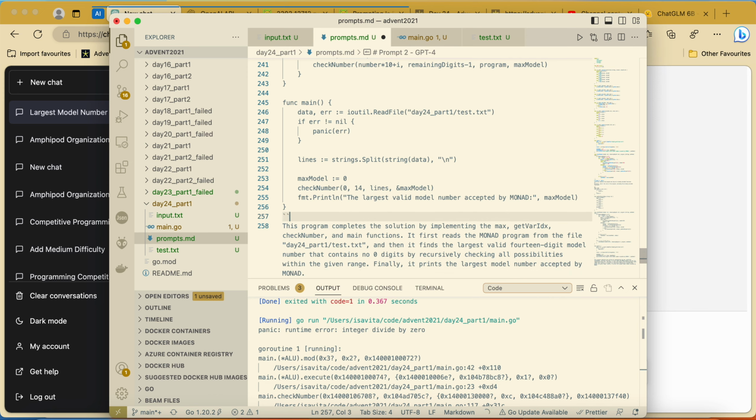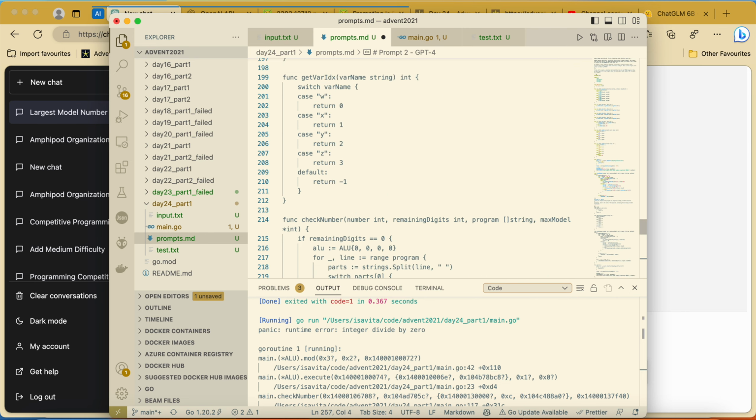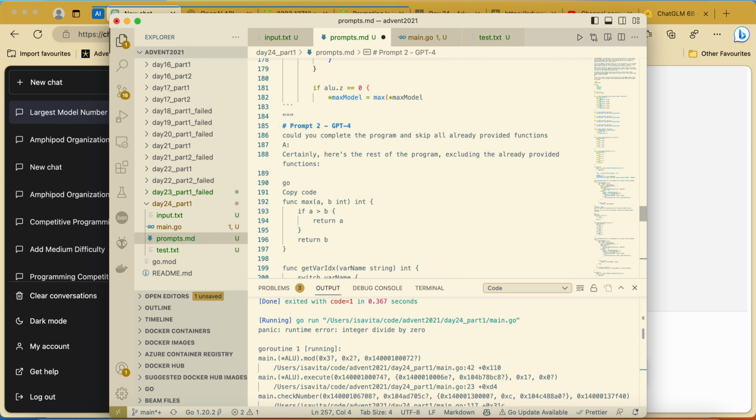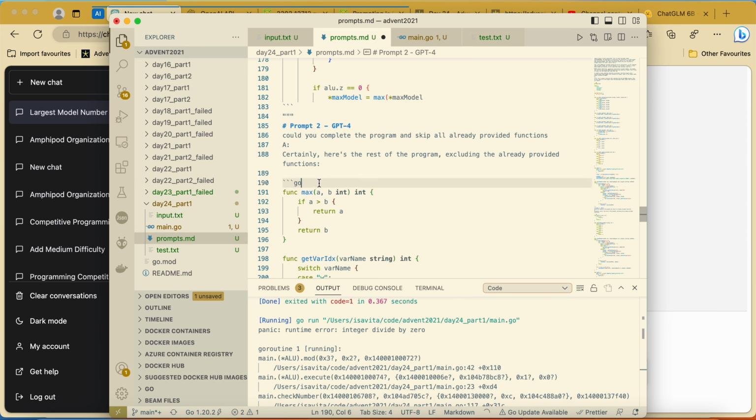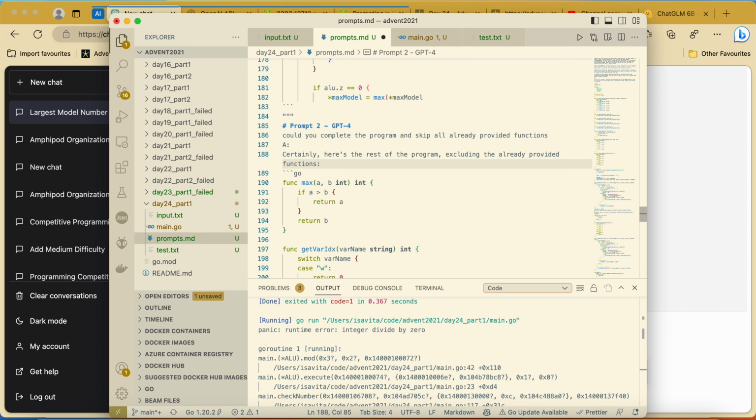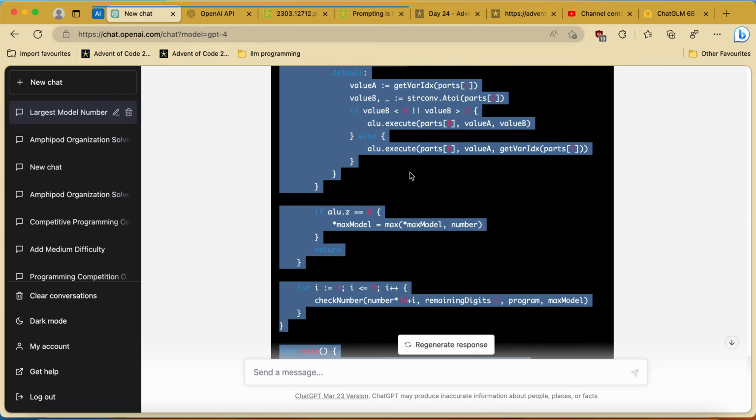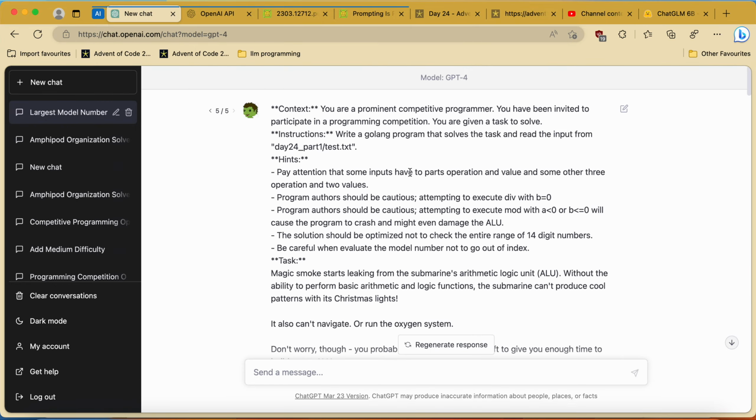I don't have a Haskell compiler, so it will be interesting. Let me, as a last attempt,